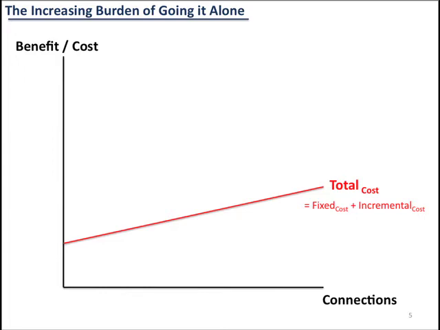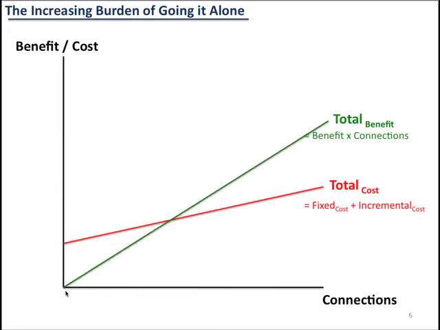Now, let's overlay on top of that some theoretical plot of the benefits that you might hope to get for each point along all those connections that you're growing. So there's got to be some kind of benefit, right? Otherwise, why do it at all? Even if you say you're doing it for intrinsic value, my point is that it's still value nonetheless. Okay, so if you could theoretically plot it all out, it would look like this. It starts at the little corner on the left, because that's the point of zero benefit, implying where you have zero connections, right? That makes sense.